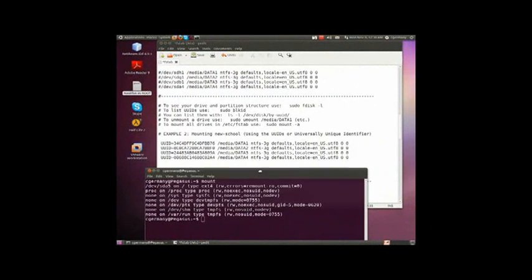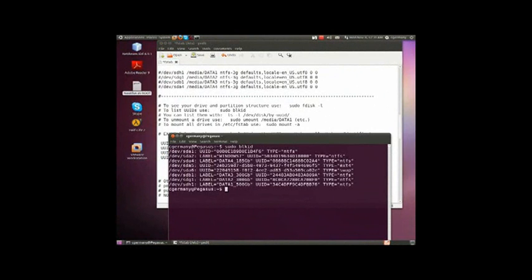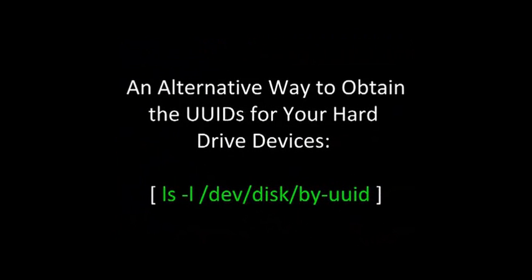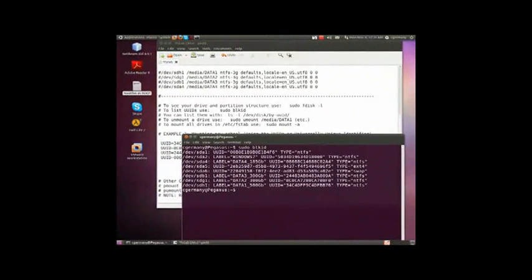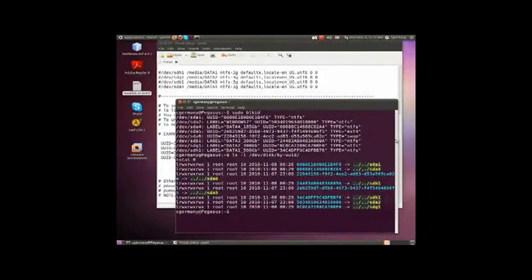But if you don't know what your IDs are, there's a couple of ways that you can get those IDs. I can go sudo and blkid, and if I do that, notice look at all the partitions here. It'll give me, in this case, the UUIDs for those. But if I don't want to do that, I could also do ls -l, and I want to go dev and disk and by-UUID,